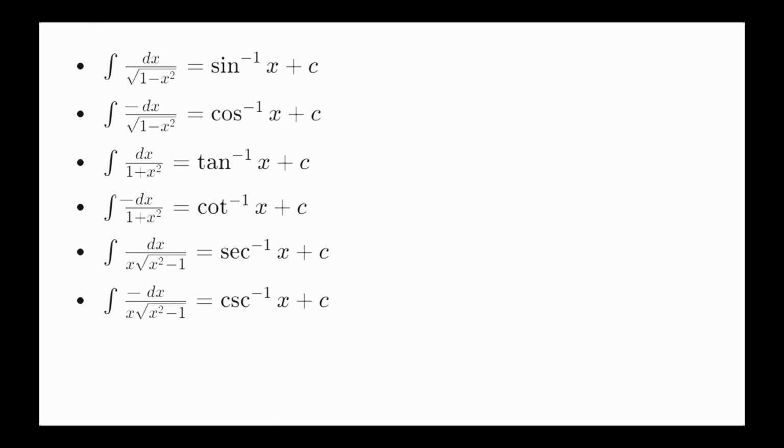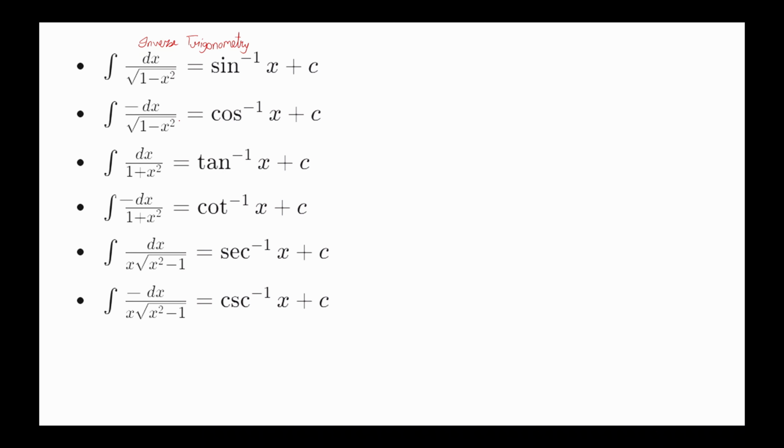Now again, a few more formulas for inverse trigonometric functions. These are all our inverse trigonometric functions. For sine inverse x, we remember our differentiation used to be 1 upon root under 1 minus x square. So again, the reverse is here. For cos inverse x, you must remember that there should be a minus 1 upon root under 1 minus x